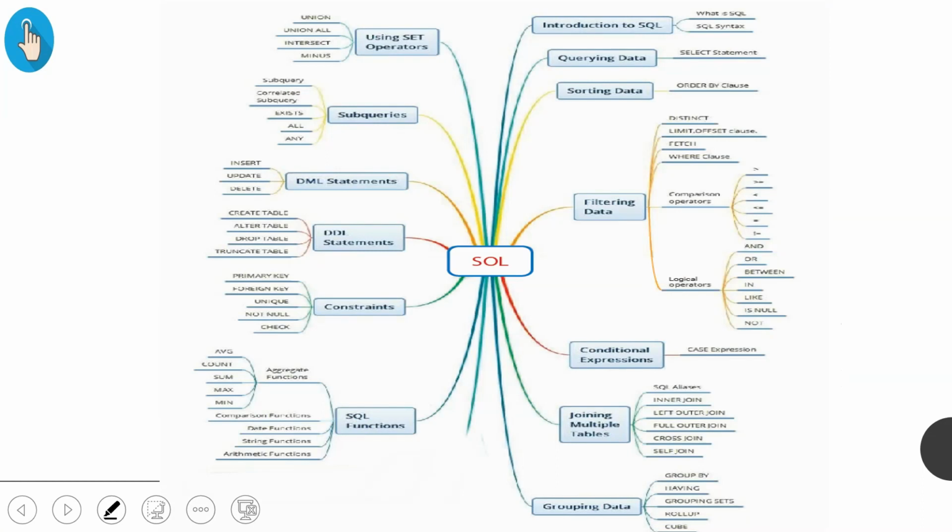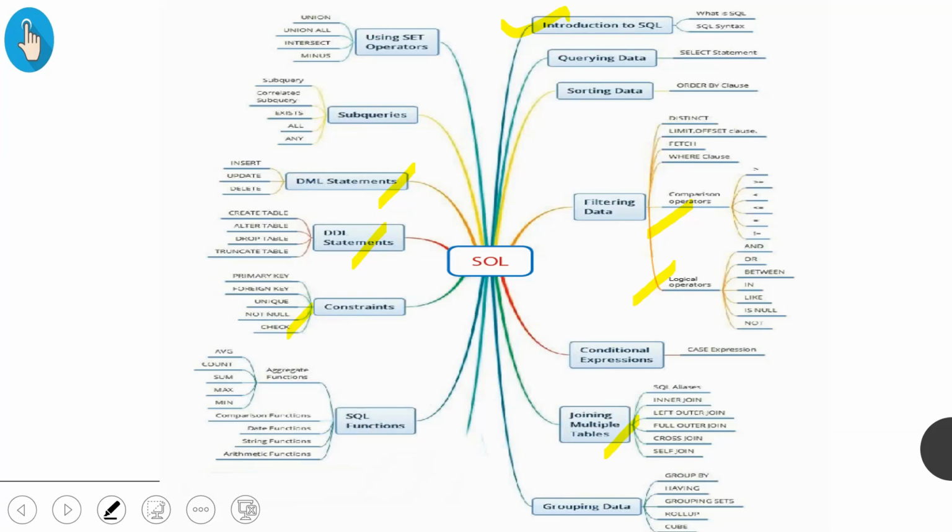Okay, so here are the subtopics of SQL which we are going to study in further videos. Initially we have completed the introduction to SQL. Then first we'll see the DML and DDL statements. Then we'll see how to use the operators in it, how to combine two tables, and how to give a particular key to it. All these things, the set operators and all, we are going to see in the upcoming videos.